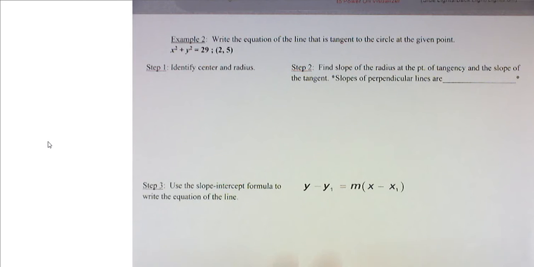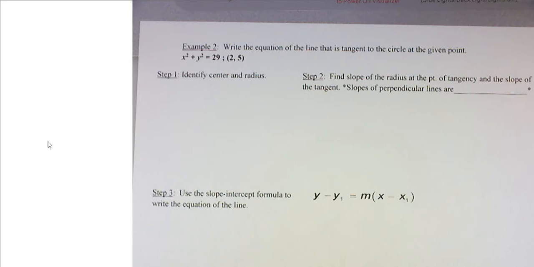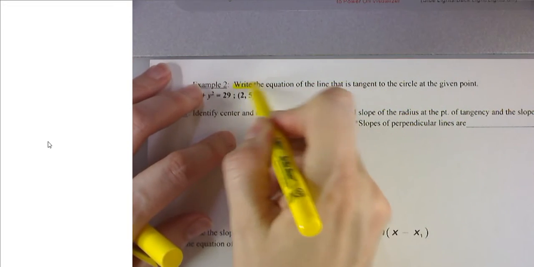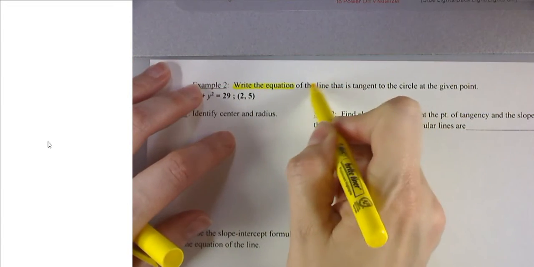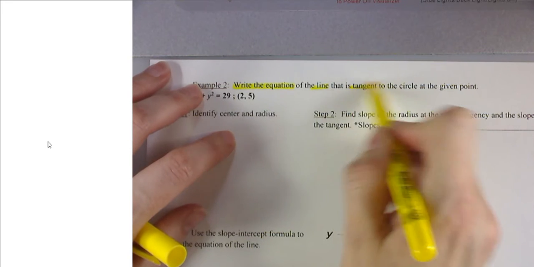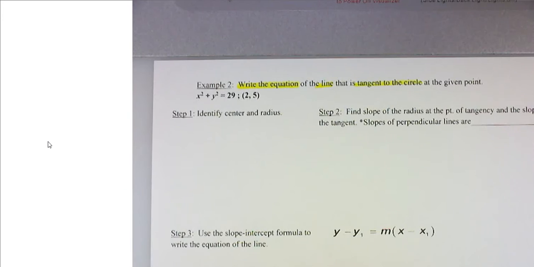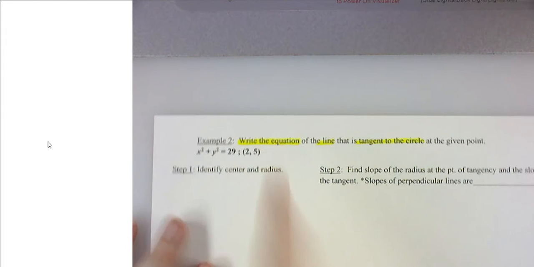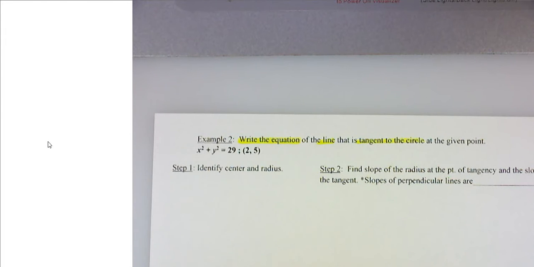Okay, we are back with page 2, and we are still in 12.2, which is about circles. Example 2 says to write the equation of the line that is tangent to the circle at the given point. So we want to write an equation of a line that is tangent to the circle at whatever our point is. In order to do that, we're going to take what we know about the tangent lines